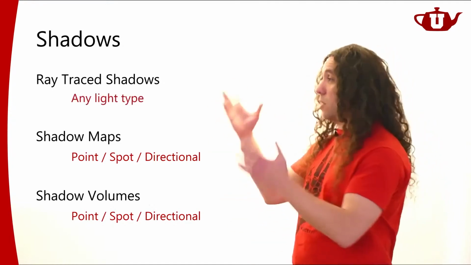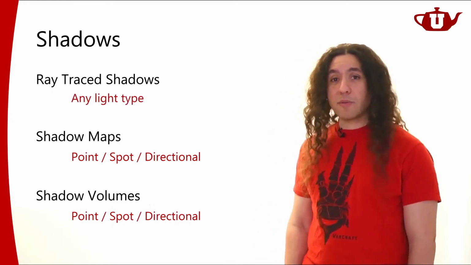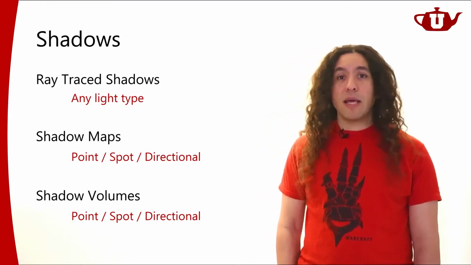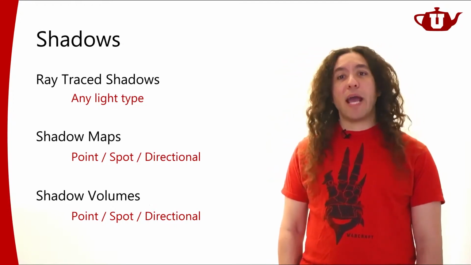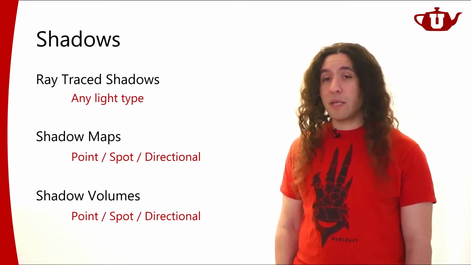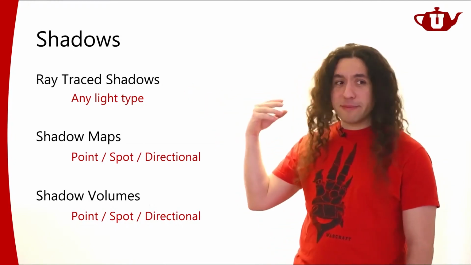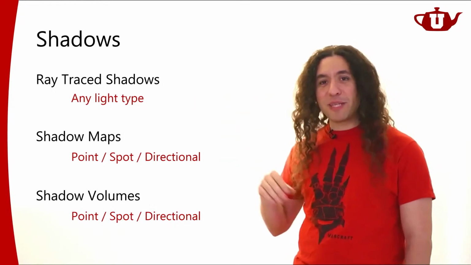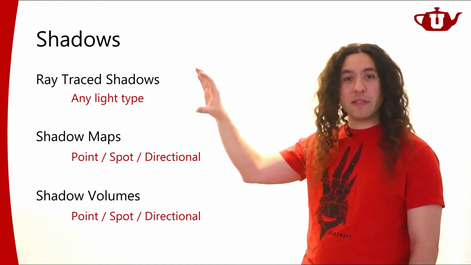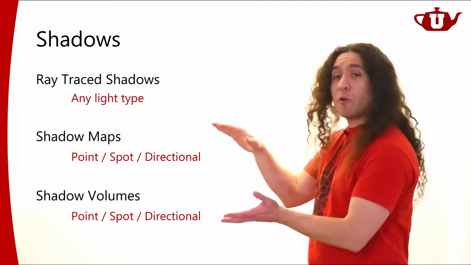With ray trace shadows, there's really no limit. You can use them with any kind of object. Of course, the way we use ray trace shadows for different types of light sources is going to be different. If I have an area light source, I am going to be sampling the area light source, and we typically use Monte Carlo sampling. We're going to talk about that a little bit later on, about how to use ray tracing with different things. But the point that I'm trying to make here is that this is a general method that can, one way or another, handle all sorts of light sources we have in computer graphics. These are more specialized methods.